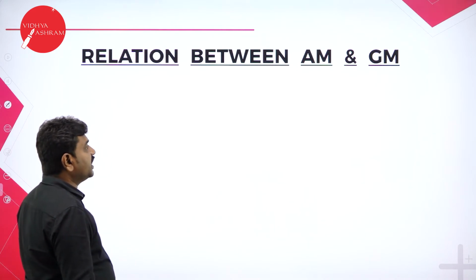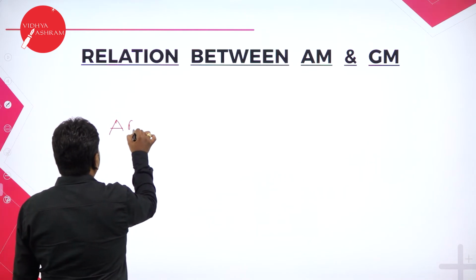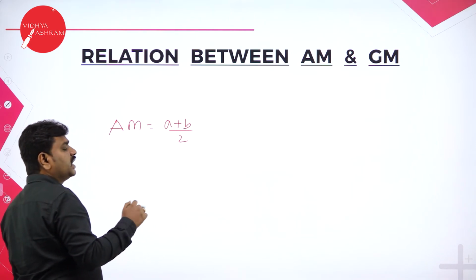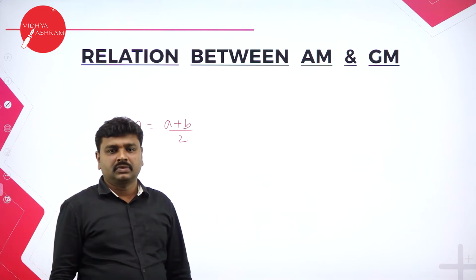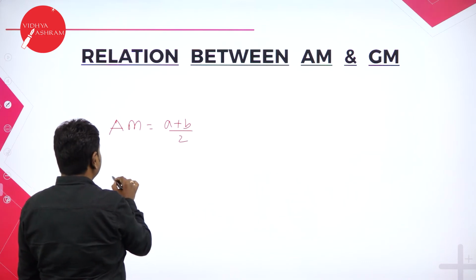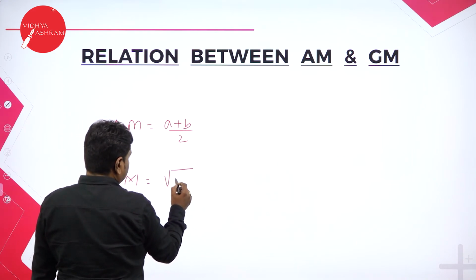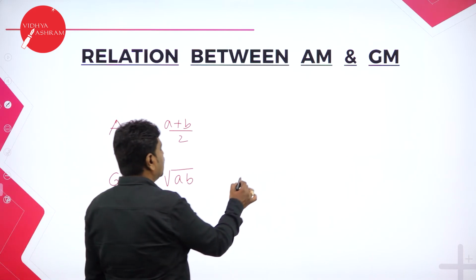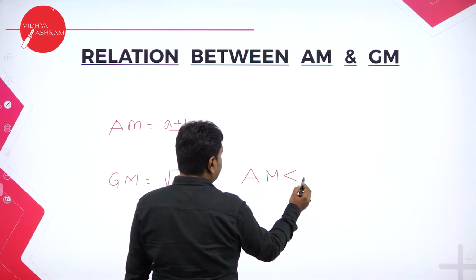Now, relation between AM and GM, and problems. What is arithmetic mean? Arithmetic mean between two numbers is (A plus B) by 2. So now we'll go for the relation between arithmetic mean and geometric mean. Arithmetic mean of the sequence is (A plus B) by 2. Similarly, geometric mean of any two numbers is root AB. So now always arithmetic mean will be less than or equal to,